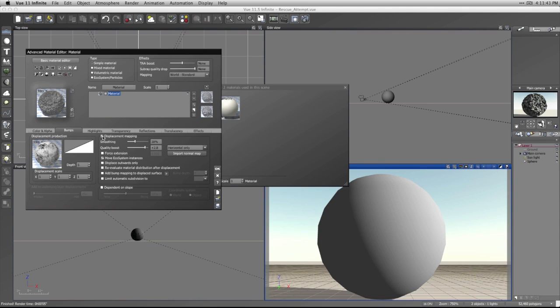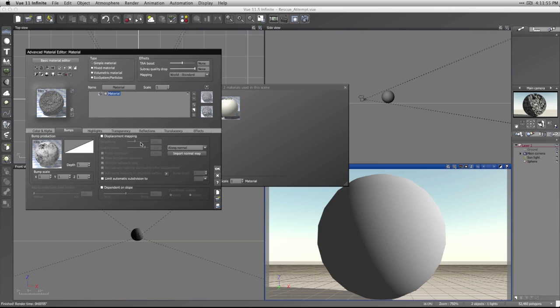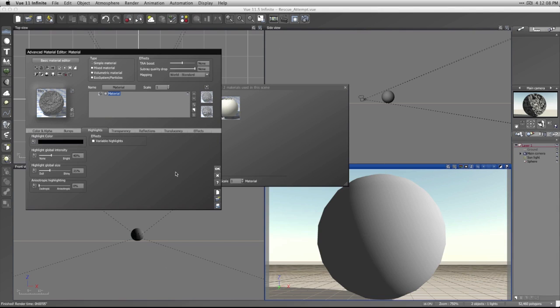Okay, let's turn off displacement mapping. So very cool, but use it with caution. You'll find that there are fantastic textures in there, but they've got the displacement mapping switched on, and it just destroys your rendering times. So you can load those textures in and just turn displacement mapping off, and then you get that cool texture without having the big overhead of displaced surfaces. Alright,